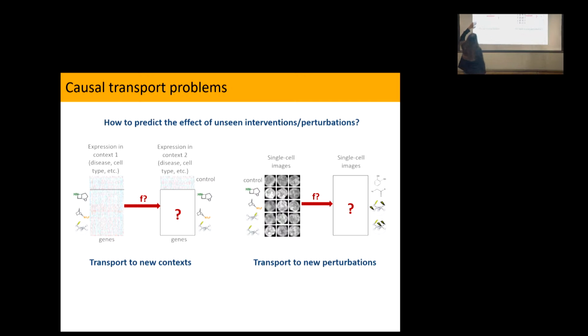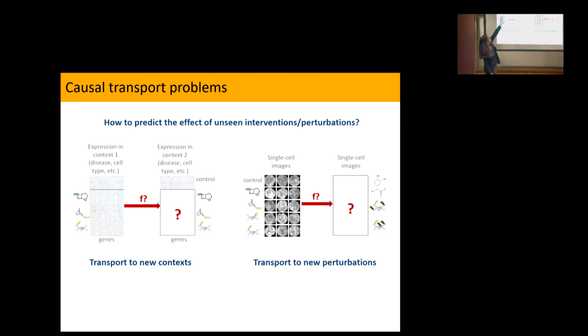So say you have all kinds of different interventions. These interventions can be drugs that you apply to a cell, or these genetic perturbations, so I knock out a gene or whatever. Any kind of interventions that you can do on cells. And I get to measure some output, okay, gene expression, an image, whatever you want to measure.